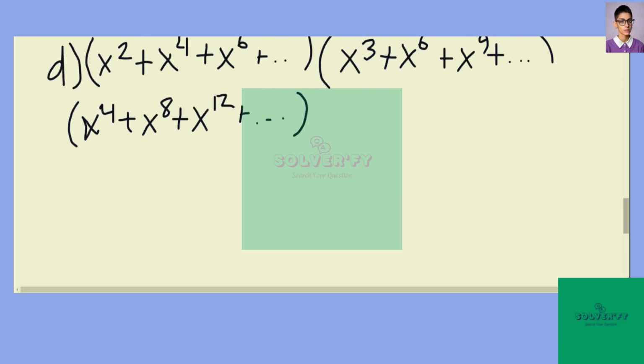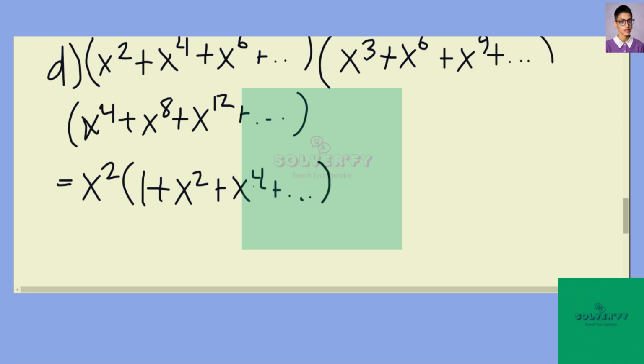We have by a theorem, well, first before we use a theorem, we factor out an x squared to get 1 plus x squared plus x to the 4th,